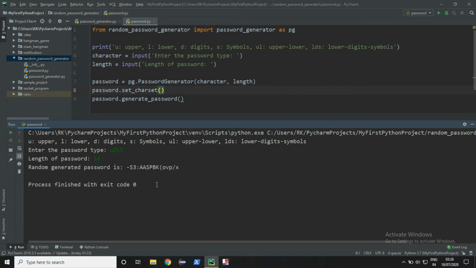Now our random generated password is -S3 colon capital A. As you can see it has uppercase letters, digits, lowercase letters and symbols. Basically the collection of all these in a random form. Now this password is really very secure as compared to our normal passwords.